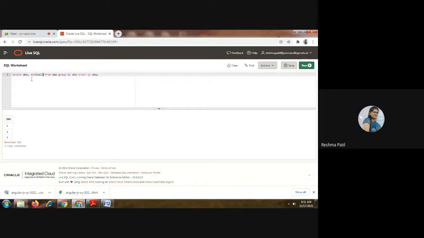So from department number 1, 2 employees are there. So which is the minimum salary? Here we are checking the number. One null record is there. That record is not going to compare with the number. So in the minimum, it is going to check the numbers only. So from that, 40,000 is the number. Then in the second department, only one record is there, so that record is going to display. In the third, 2 records are there. So from that, the minimum salary is going to display here.